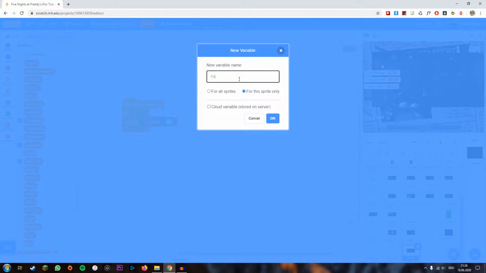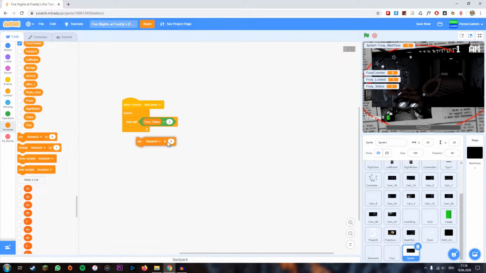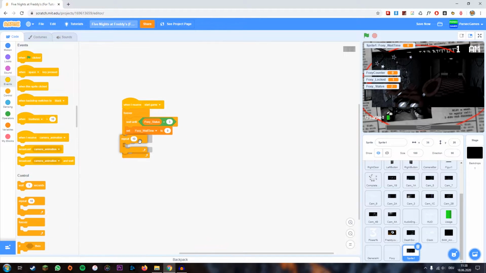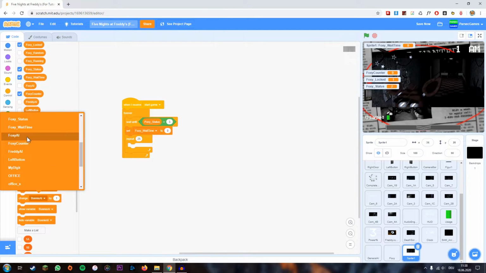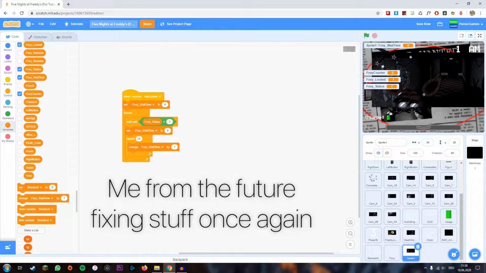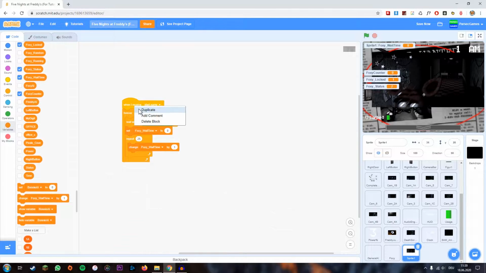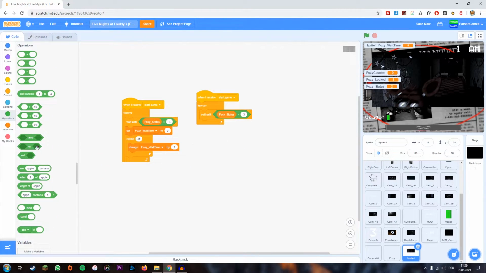And then, just gonna add in Foxy wait time. And we're gonna set Foxy wait time to 0 and then repeat 25 times, change it by 1. And don't forget to add in wait 1 second in here, because if not, he's gonna jump scare you right away. And now we're gonna add in again, wait until Foxy status is 3, and